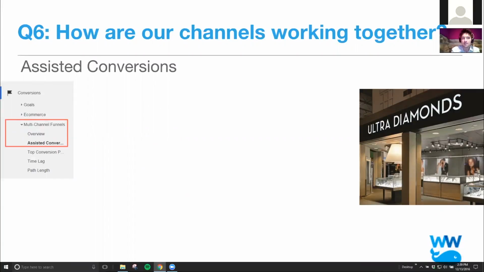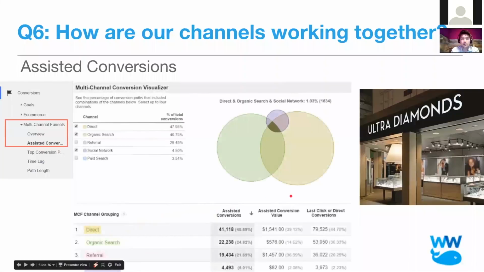It's like looking at Match.com and saying, wait a minute, why would Match.com actually matter in terms of somebody getting married? Doesn't everybody end up at the diamond shop for buying a diamond when they're going to get engaged? It's looking at the entire relationship, the many, many dates that go into it, the many, many different channels and touch points that there are in order to get there.